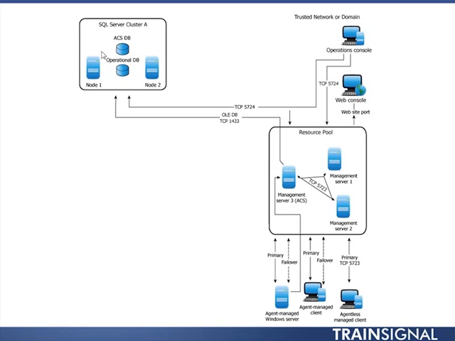And then you have your SQL Server cluster, which is going to be maybe your audit collection servers database and your operational database running on this particular 2-node cluster. And there's a whole bunch of arrows between things here. What this is telling you is what TCP or UDP ports are being used for communication between all of these components. So between all of the management servers on your screen, you can see that they're using TCP port